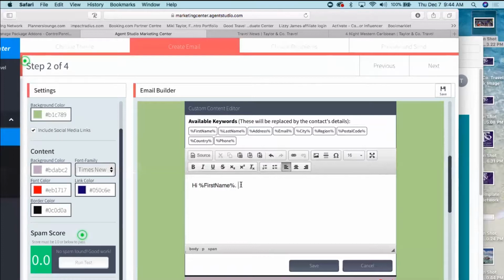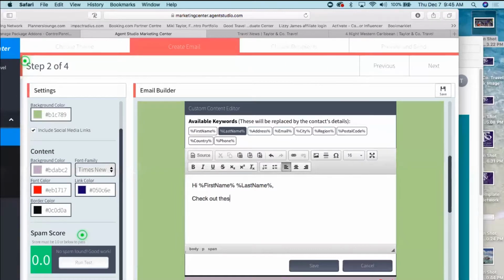So if you want to use their first and last name, you would want to put a space after first name, go up and click on last name, and then put your colon, comma, whatever punctuation you want to put after that. And then you're ready to type the rest of your